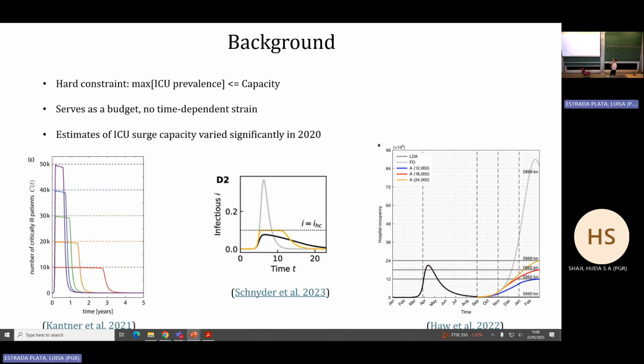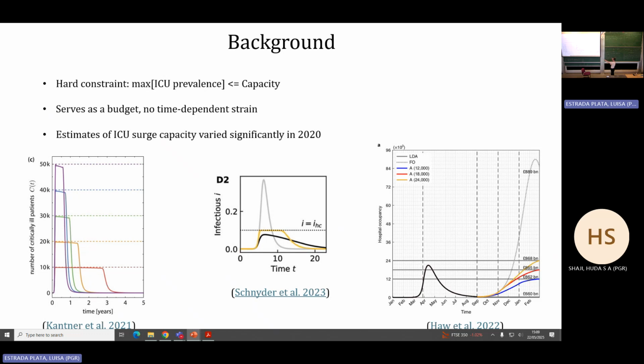These strategies aren't really policy friendly. They're obviously not robust to any kind of uncertainty around what our ICU constraint is. So for example, there was a group at Imperial doing really important modeling for COVID. They estimated we had about 5,000 beds across Great Britain and the UK. And then this was later revised down to about 2,600 retrospectively.